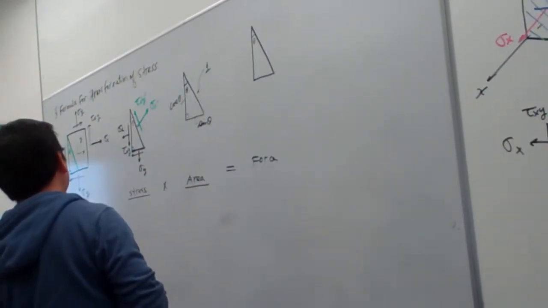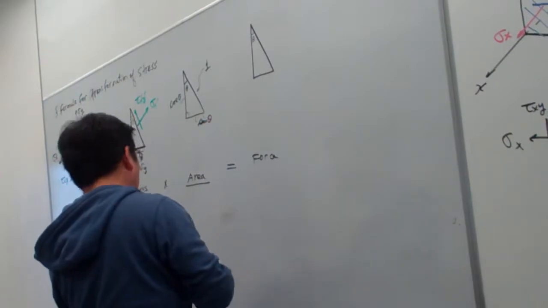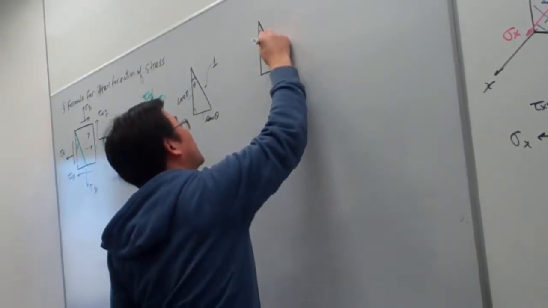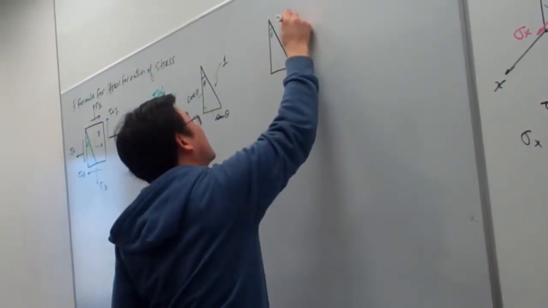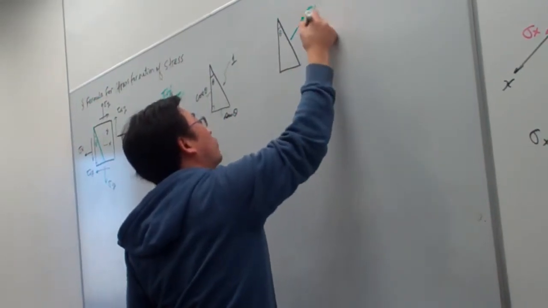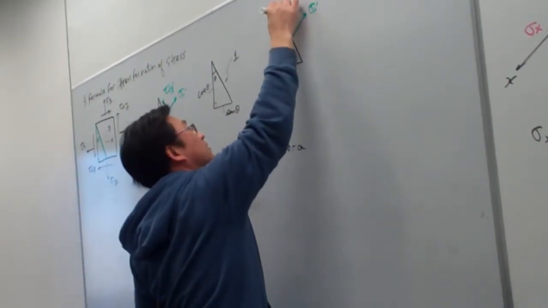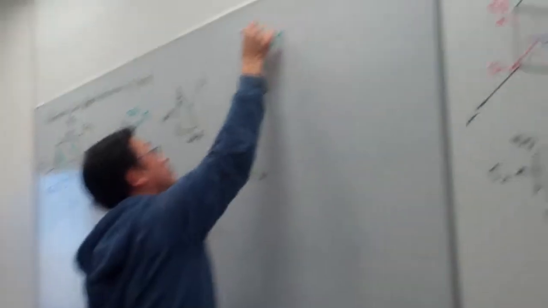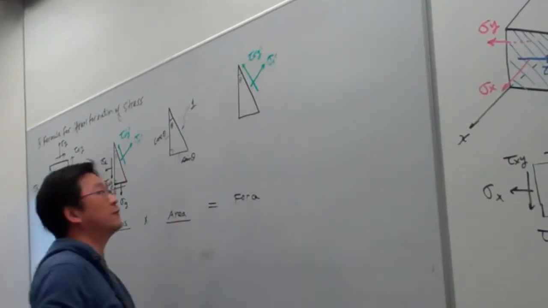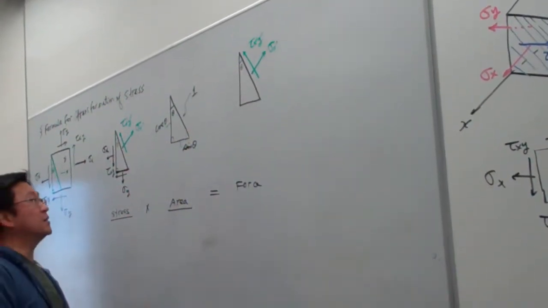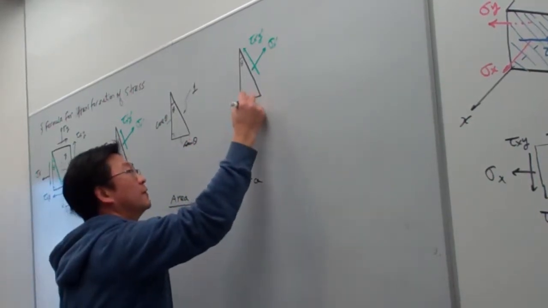So this way, let me draw this one here. So the multiply will be sigma x prime times 1. So that is a force. So here the tau x prime y prime times 1, that is a force. And then on this side, we have,